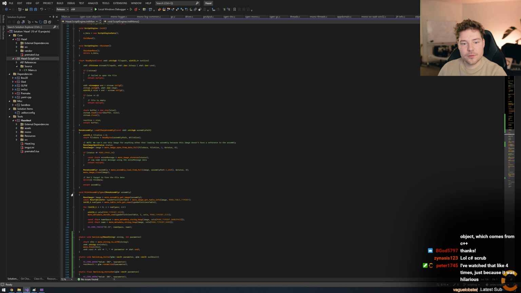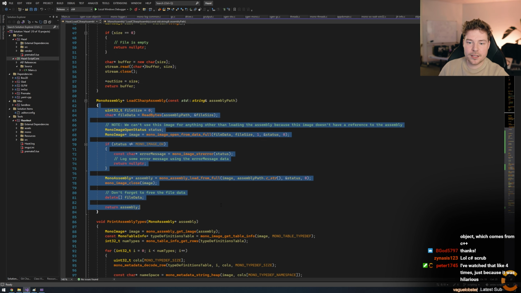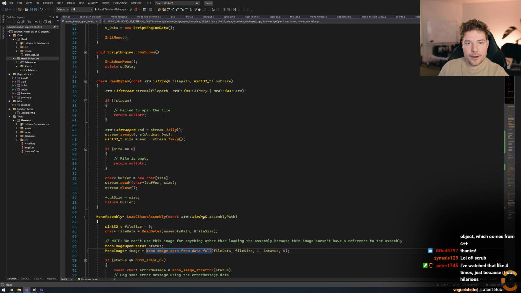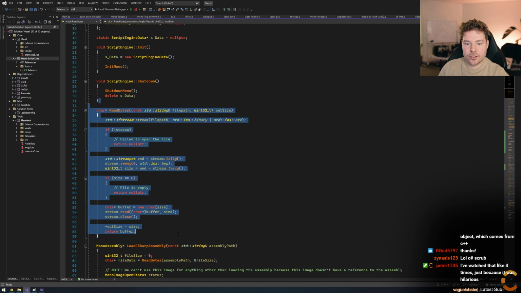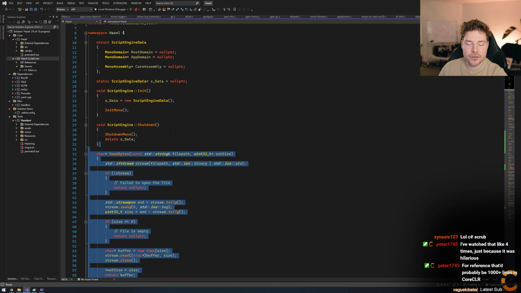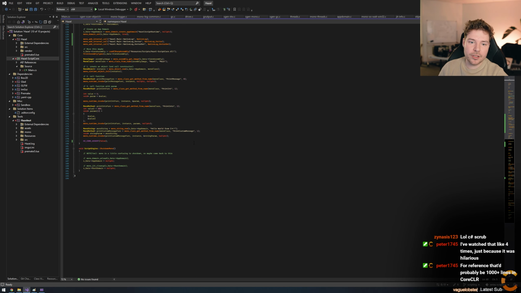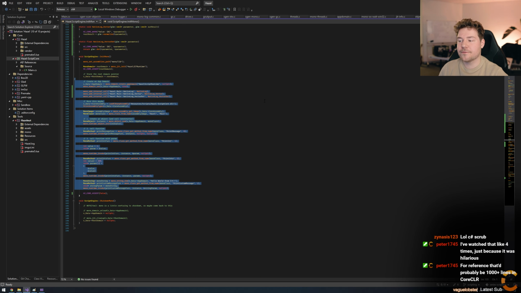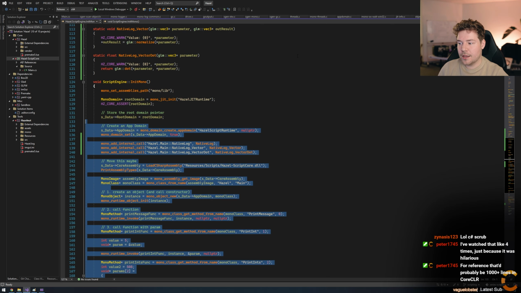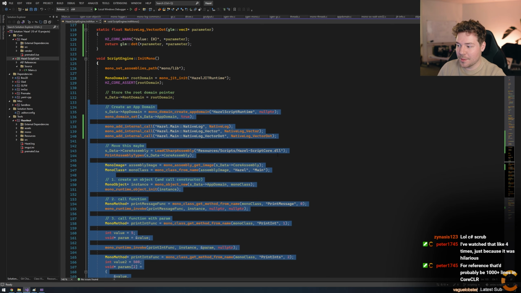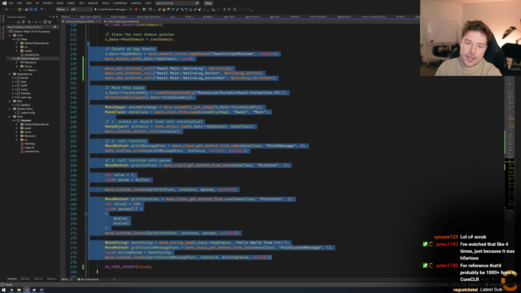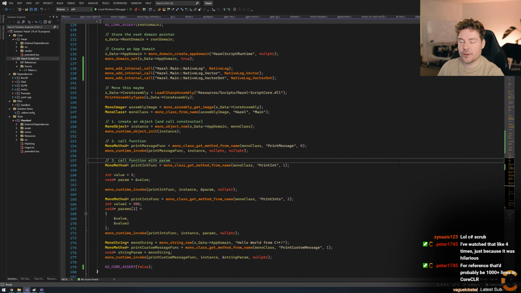I mean, there's obviously not. Well, print assembly types doesn't really need to be called. Load C# assembly is important as well. That's some Mono code as well. This is just a generic read bytes function, which we could probably move somewhere else, and we'll probably have to refactor a bit of this stuff. But essentially, that's kind of it. There's really not much to this, and this is kind of enough to get a jump start on this, right? For reference, that'll probably be 1,000+ lines in CoreCLR. Yeah, that's also true. So Mono makes this kind of embedding thing really easy, which is why I think it's a really good choice.